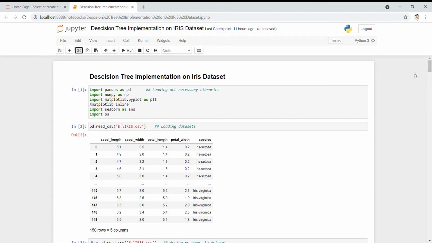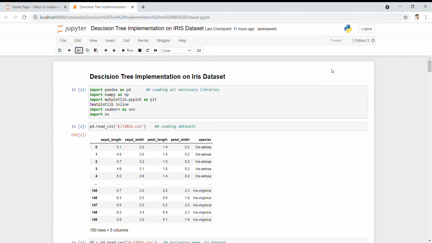This is Kumar Ankit, present here to share some of my learning experience on the topic: how to implement a decision tree on a dataset. Before we get involved in how to implement a decision tree on any dataset, let's first quickly recall